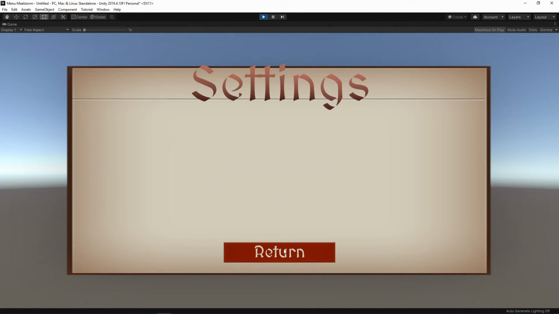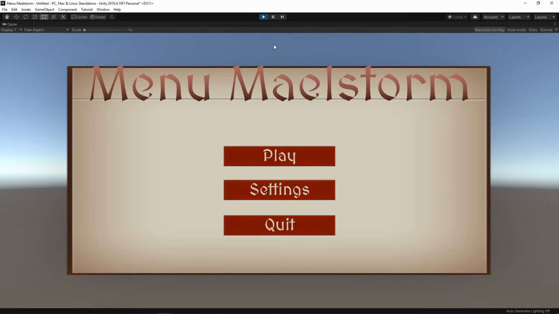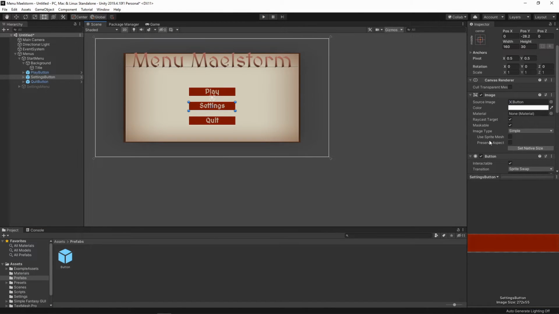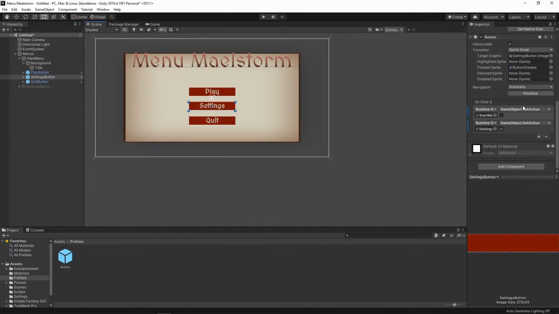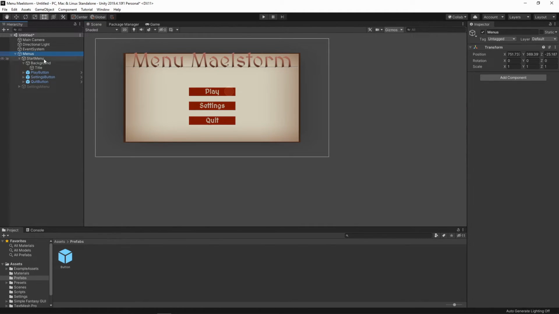Pretty cool. We've built in our first button functionality. We did it all through Unity's built-in system here. We didn't have to do anything else because we already had those functions built in. But what happens when we need our own functions? Well, let's go to menus in general here, and let's just add a